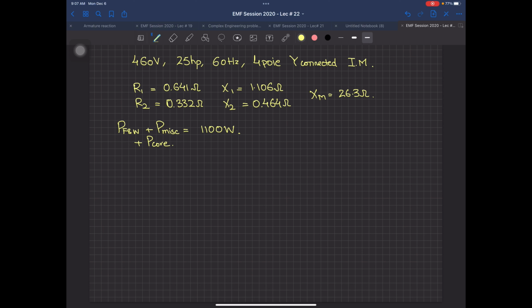So this is example number 6.3, and what they have asked is that you have to find out the data at a slip of 2.2%. Now this is actually the problem statement, that at this slip you have to first of all find out. Now the first thing first, please remember, whenever a question of an induction machine comes in front of you, please draw the equivalent circuit. And one thing very important, normally students make this mistake.